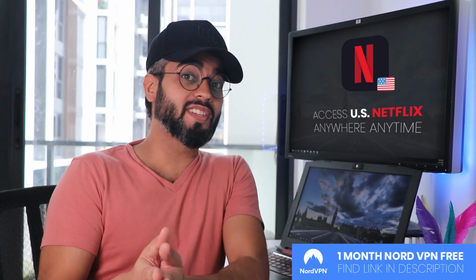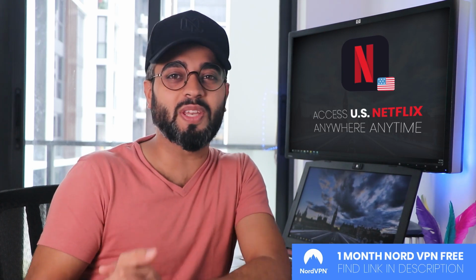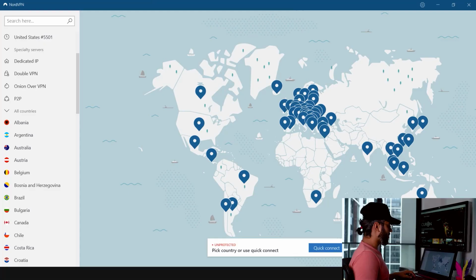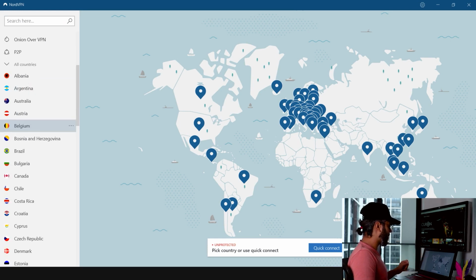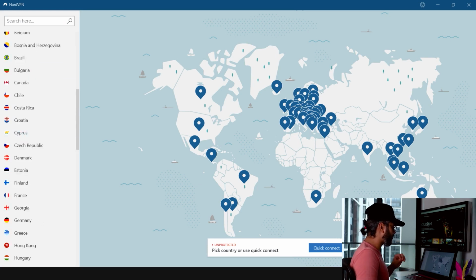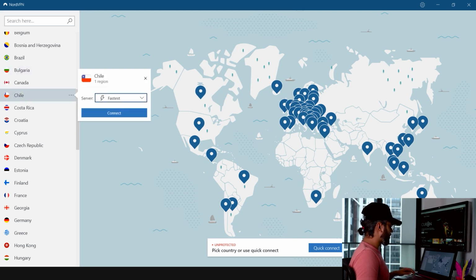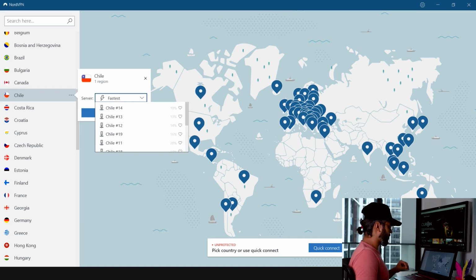So you agree it works? Let me give you some details on how you can do it for yourself in just 2 minutes. Starting with the NordVPN app interface, on the left you will see a list of countries that you can choose from. On the right is the same countries but in a map format, so you can just click on the country and connect to the server. That's how the app looks at first look. Now you have an option of choosing the server that you want to connect to as well. So instead of letting Nord choose for you, you can choose for yourself.